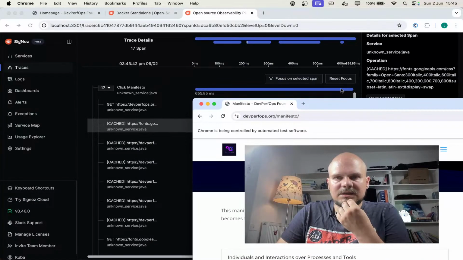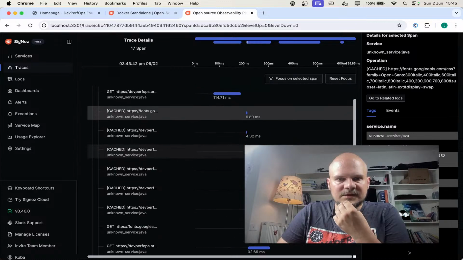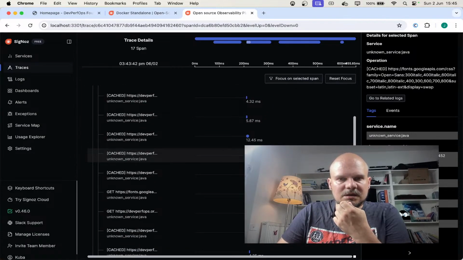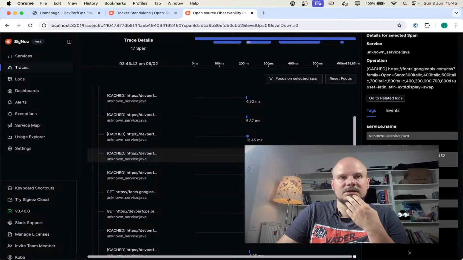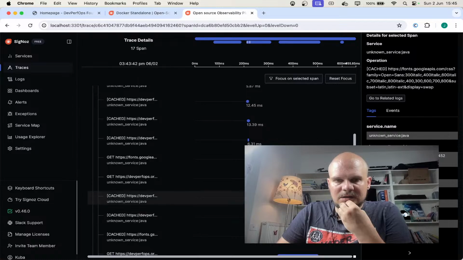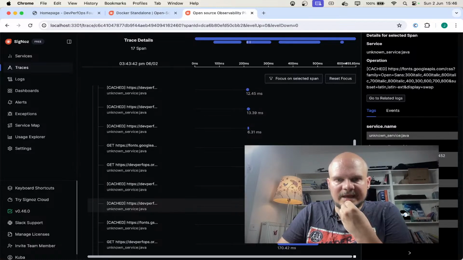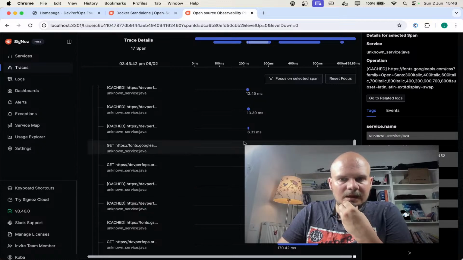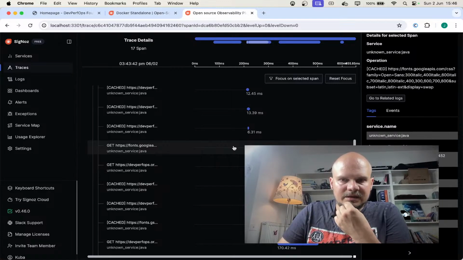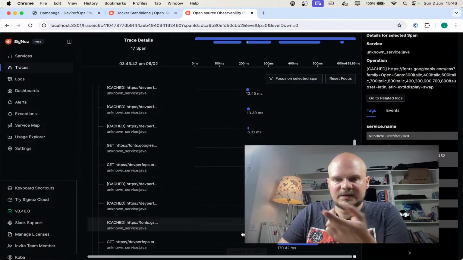Okay, so it looks like this thing here adds a few milliseconds for each call. I'm not sure why this happens, because it should close the traces, so the spans, immediately. I'll have to look at what the delay was caused by, but I don't think it's going to be much of a problem. And if there's a not cached call, for example, the fonts, Google APIs, this, for example, took 81.99